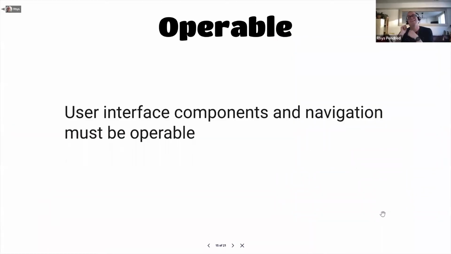So moving on to the second of those principles, that's operable. Operable is about the user interface and components and navigation must be operable. You must be able to use them. And I guess a kind of hangover from the way the internet has evolved is one of the main ways that we address this is by ensuring that everything is keyboard operable. So that's a big success criteria for this,